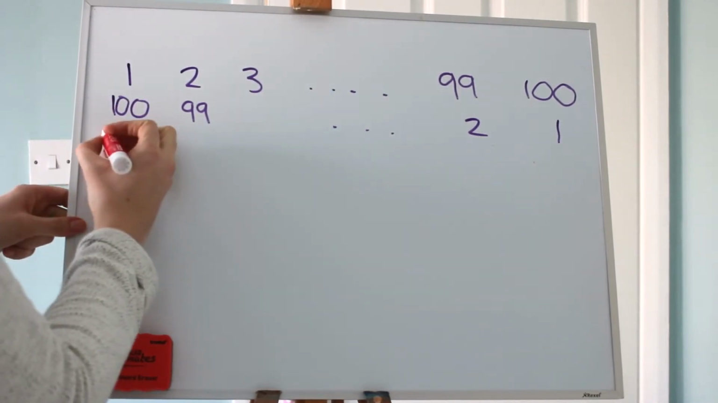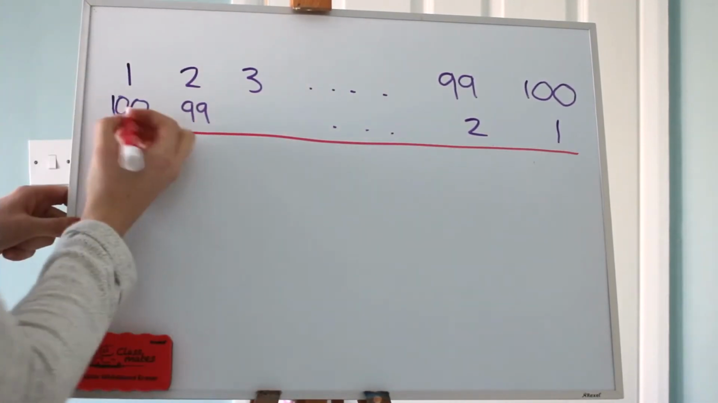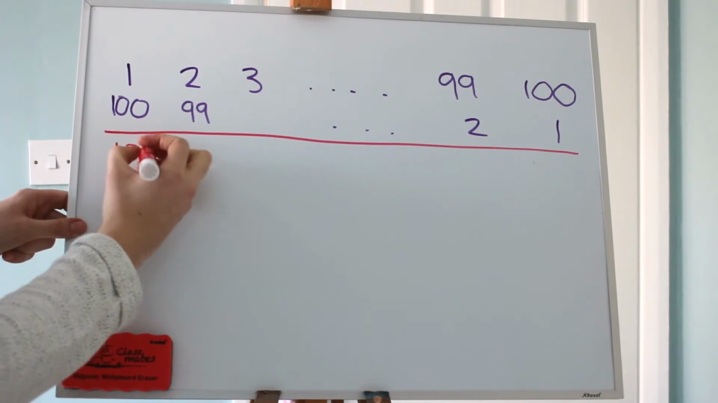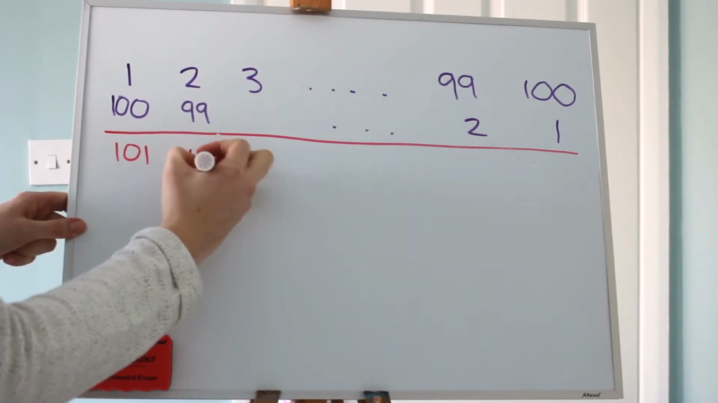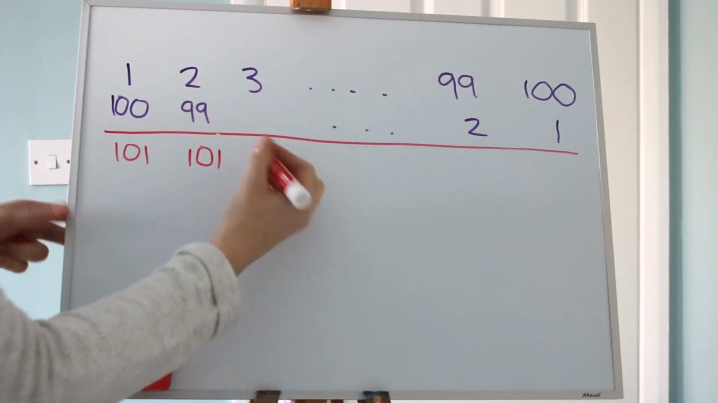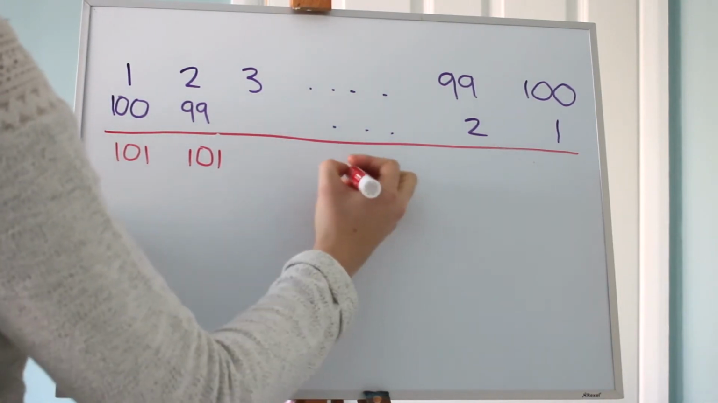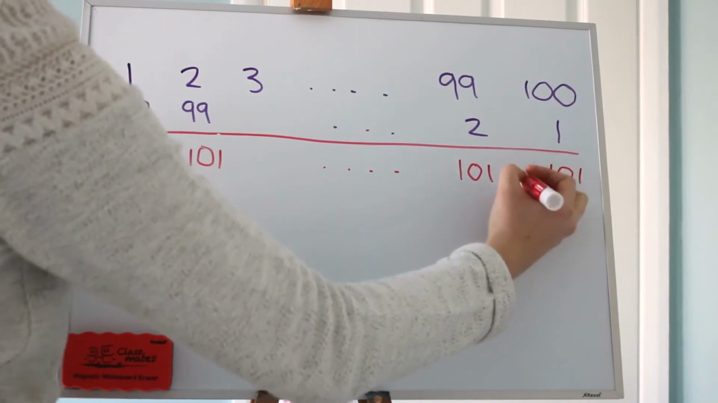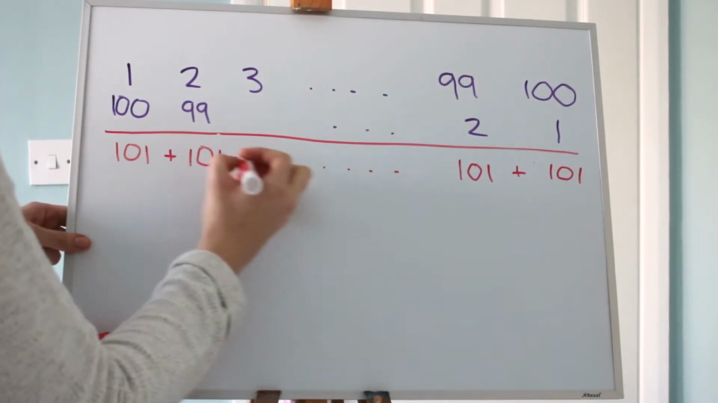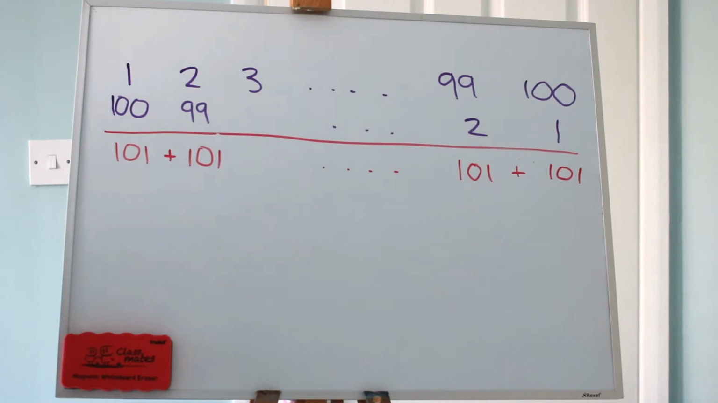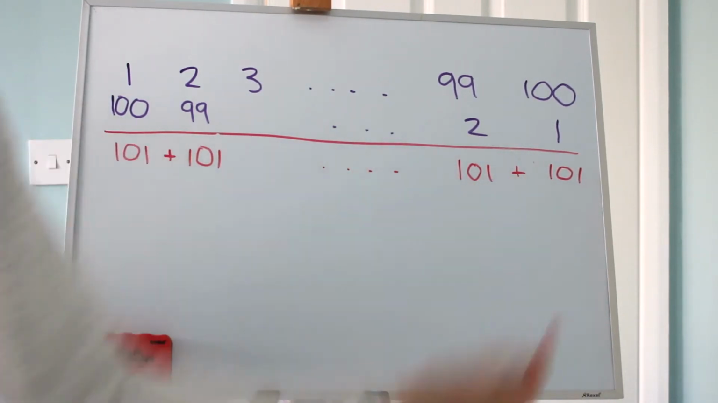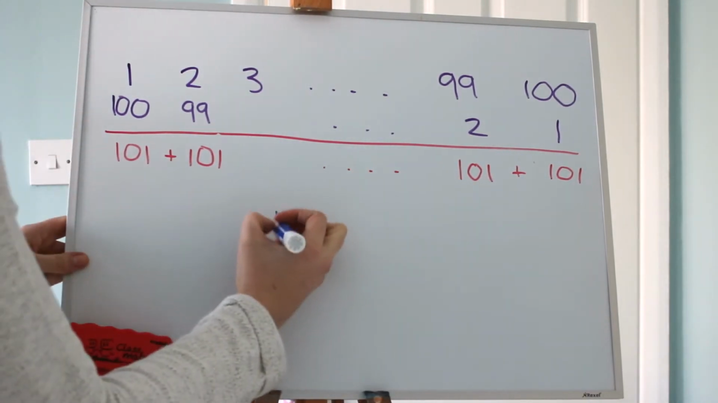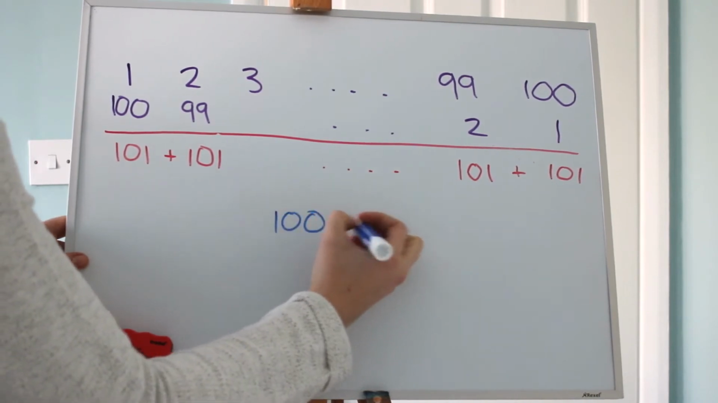He then added these up. He noticed that 100 plus 1 is 101. 99 plus 2 is also 101. 3 plus 98 is also 101, all the way to 101 and 101. So to add all these up, it's the same number every time, and there are 100 of them. So he said there's going to be 100 lots of 101,